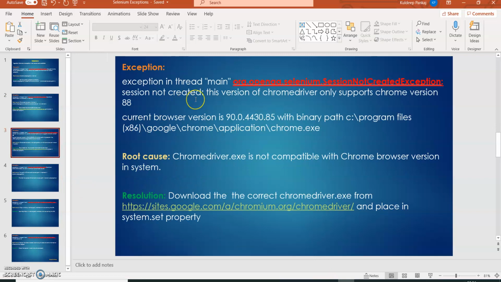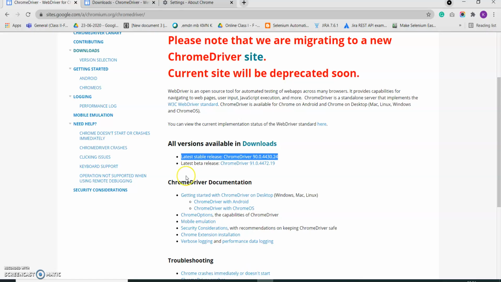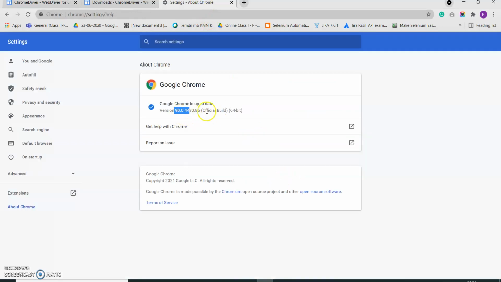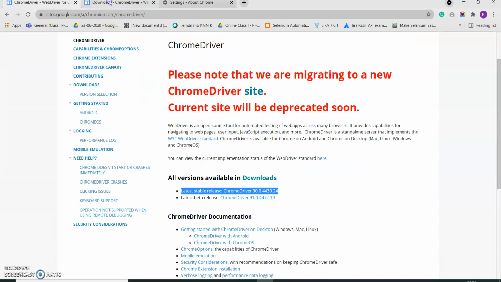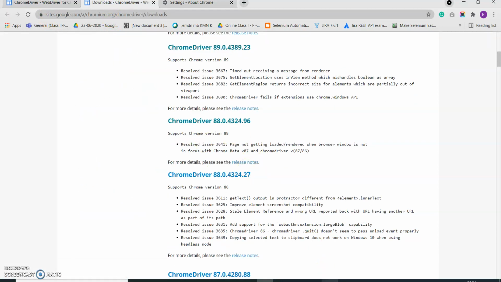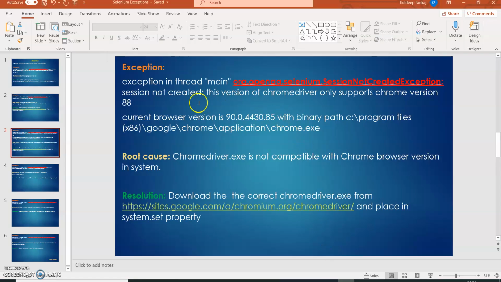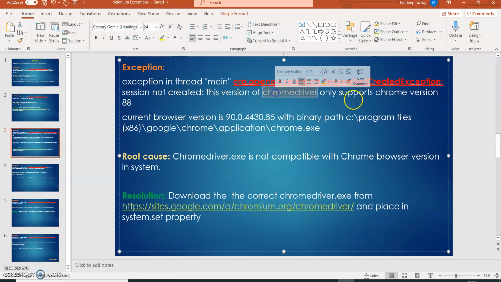So this I've already explained in the first point itself. If you are using the wrong version of chromedriver.exe, say my Chrome browser is 90 and I'm using an 85 or 86 type of chromedriver.exe, then this error comes. The error says session not created exception: this version of chromedriver.exe only supports Chrome version 88.